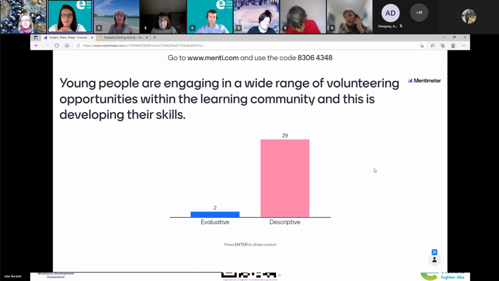Maybe if we were doing this in person, we could do it running to the other side of the room for evaluative and descriptive. Getting the ideas for when we can be back in person. I'll give that a wee minute. There's still people getting into it, so a minute for your voting. It seems to have slowed down now. So yeah, we can see there's an overwhelming majority there on descriptive, and that is a descriptive statement, that one for number 1.